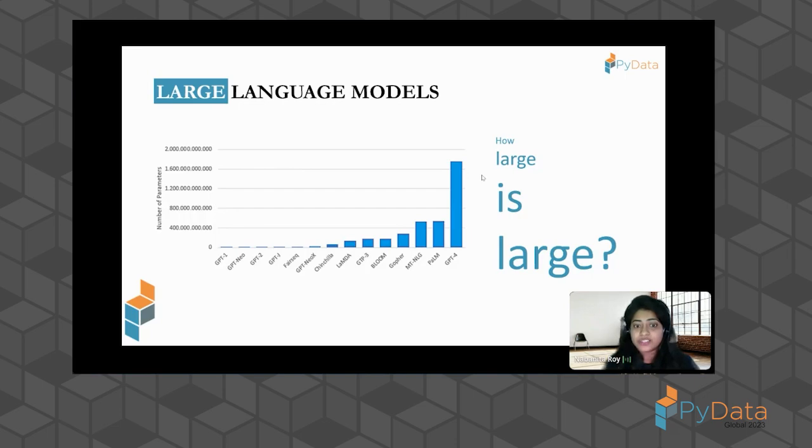What we have today is GPT-4, or GPT-4 Turbo to be specific, the latest one to be released. And it has about 1.7 trillion parameters, which is 1,000 times that of GPT-3. The efficiency of GPT-3 was already really good. GPT-4 is even better.